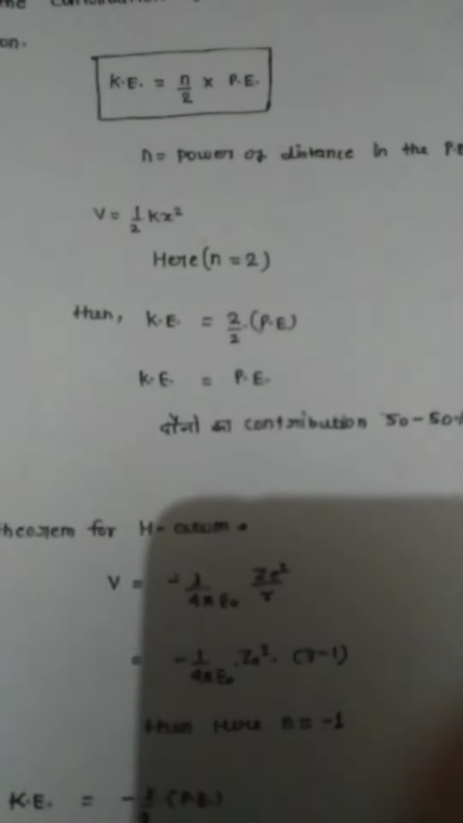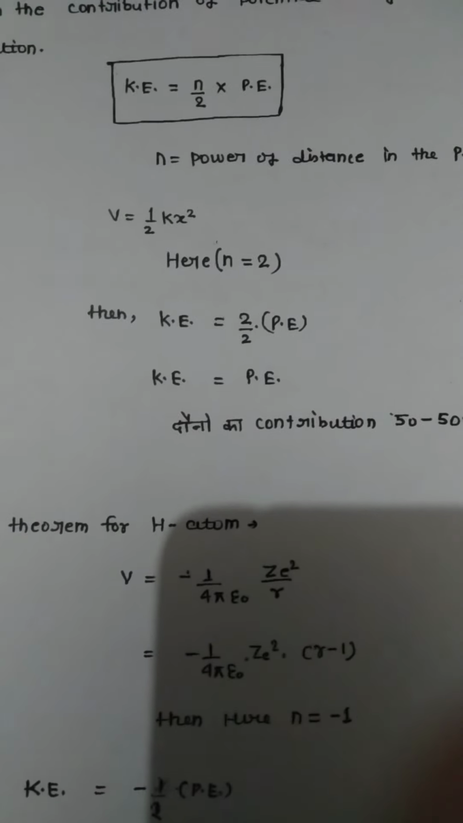Virial theorem. The theorem that relates the contribution of kinetic energy with the potential energy is known as the virial theorem. Kinetic energy is n by 2 times potential energy, where n is the power of the distance in the potential. Formula: V is equal to 1 by 2 kx square, where n is